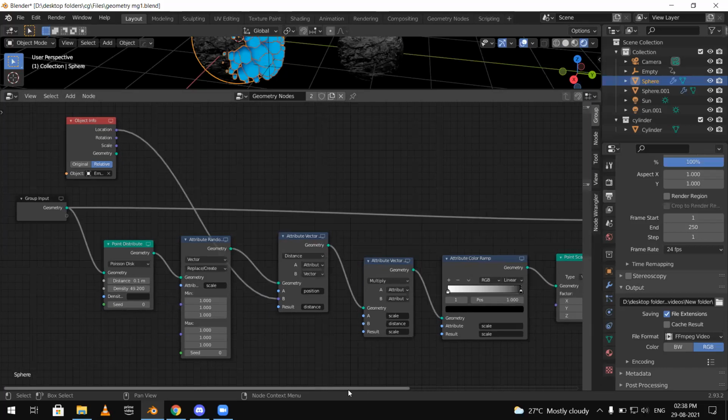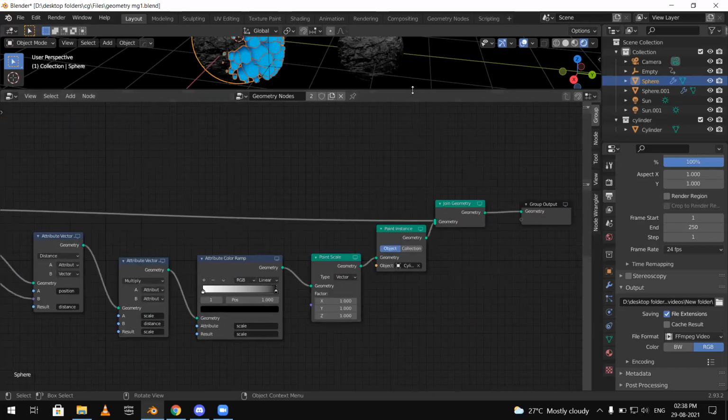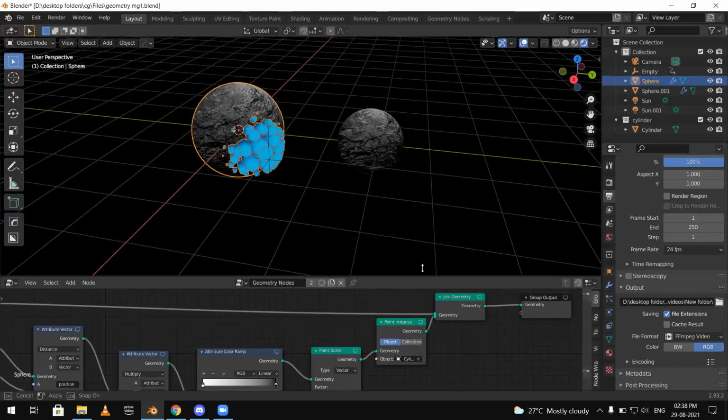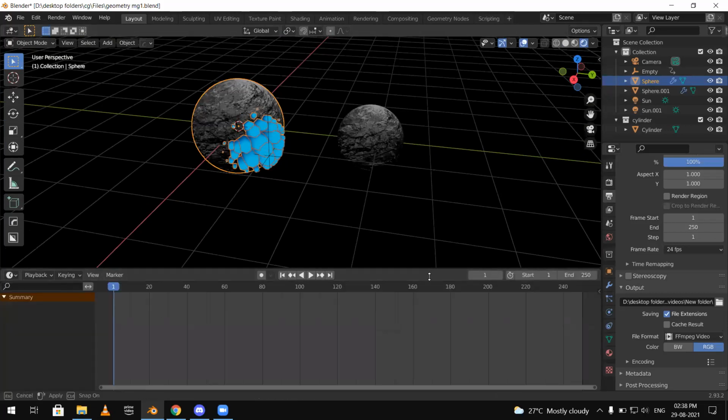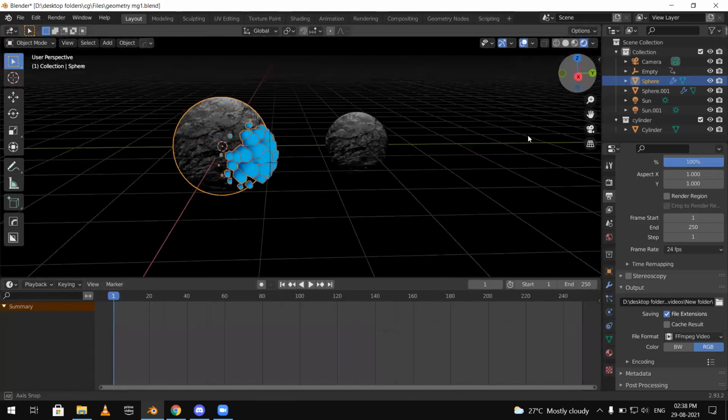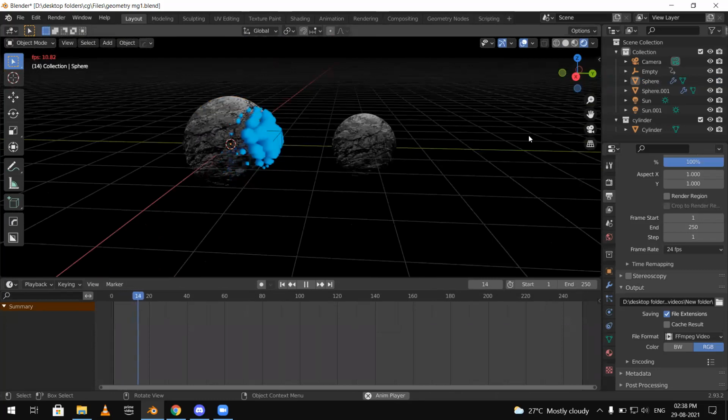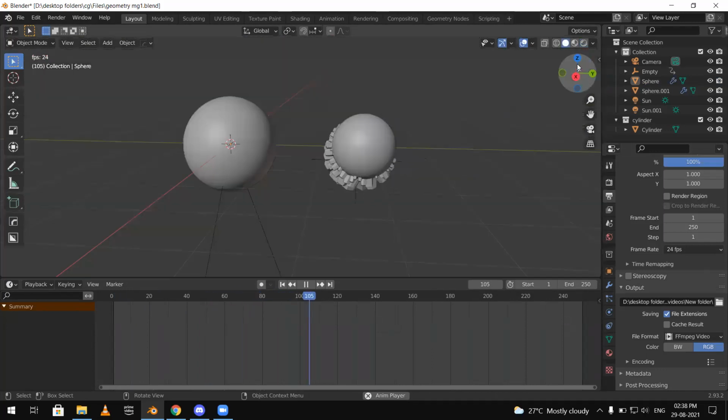See, these are all geometry nodes we are going to teach you in the next class, but I want you to have a quick glimpse at what we are going to do in the next session after this. And just the timeline. If I play the animation, it's a bit slow because of the frame drop, but it still looks very good. Let me show you in the geometry mode.